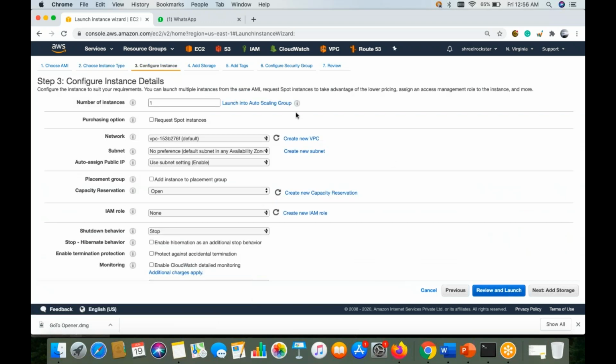Now we are providing the details. So this option is available: if I want to create the same T2 micro, same Ubuntu, same configuration, I can use it. But this is really not a right practice. Always go with launch into auto scaling group. That will be more advanced, in our next session, so that you guys can understand what exactly auto scaling is. But this time we're just going with the single instance best practice.